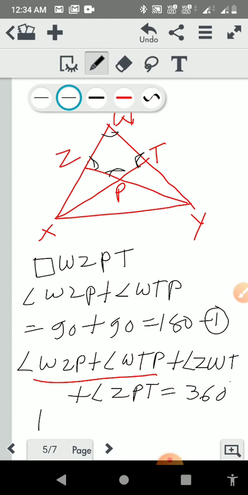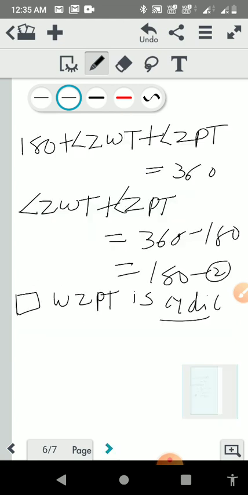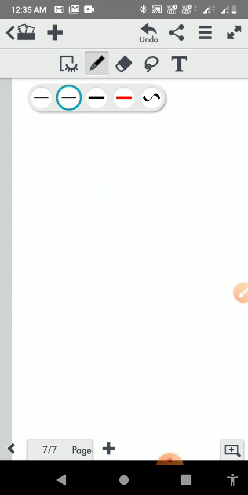X subtends a 90-degree angle at T and Y subtends a 90-degree angle at Z. So we can say that angle XZP is equal to angle